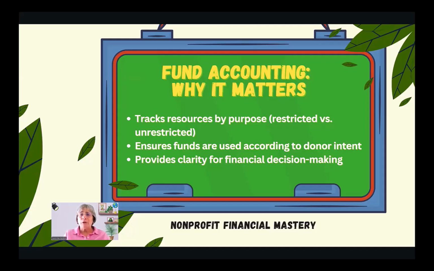So fund accounting is keeping track of things in those buckets and making sure that the only expenses coming out of those funds are for that particular project, program, or grant. This is part of what allows us to make sure that we're being accountable and transparent and meeting the expectations of our donors. The other thing that fund accounting is going to allow us to do is to be able to see how much is left in that fund.